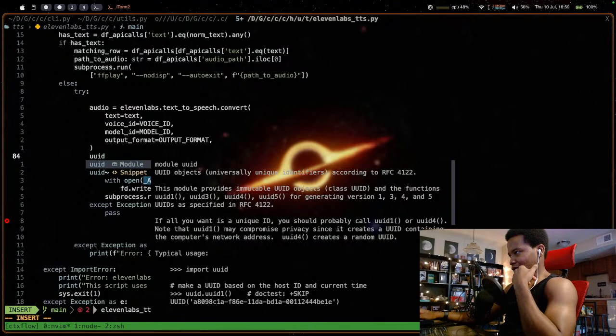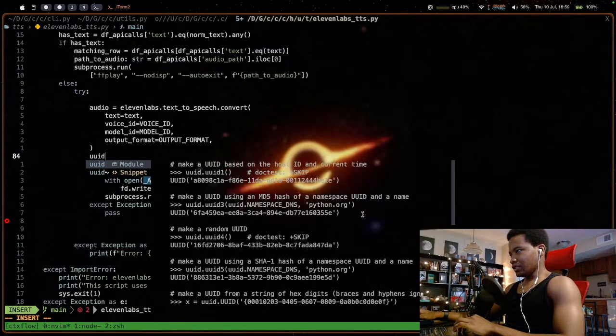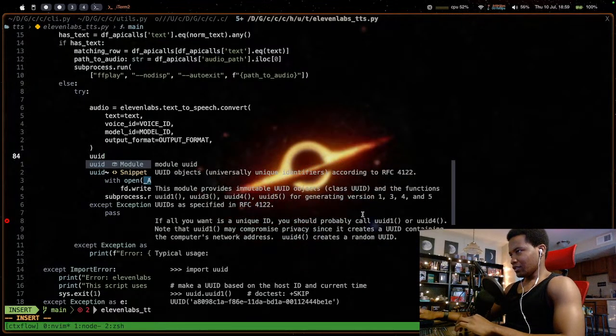So you want to do UUID4 to create a random UUID? What kind of stuff is that? Call UUID1 or UUID4. Note that UUID1 may compromise privacy, so use UUID4.